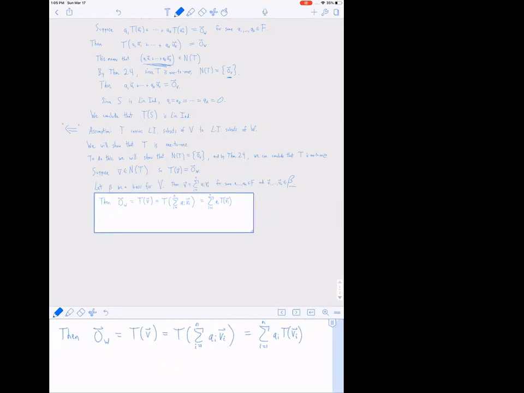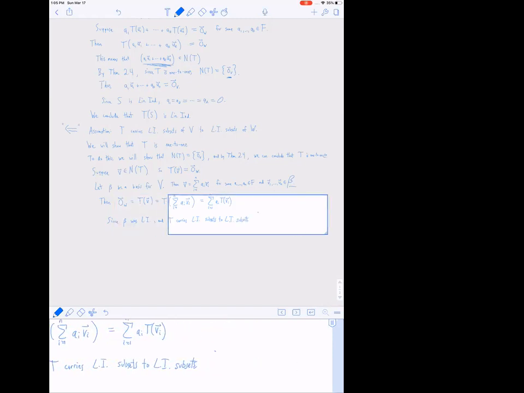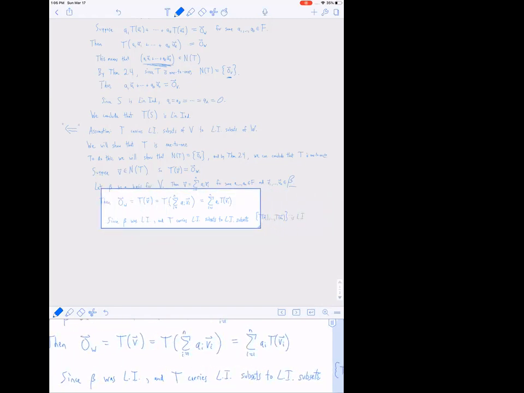Well, since beta was linearly independent and T carries linearly independent subsets to linearly independent subsets, the set T of v_1 through T of v_n is linearly independent,